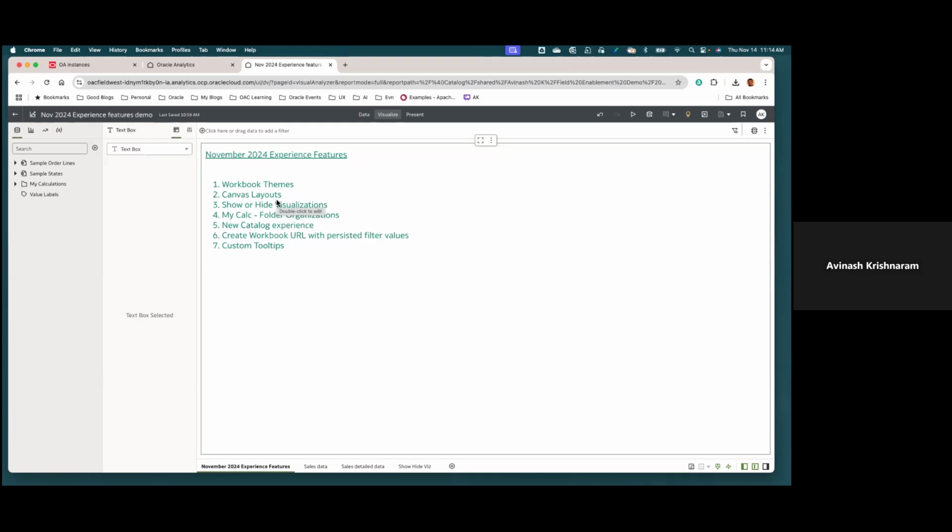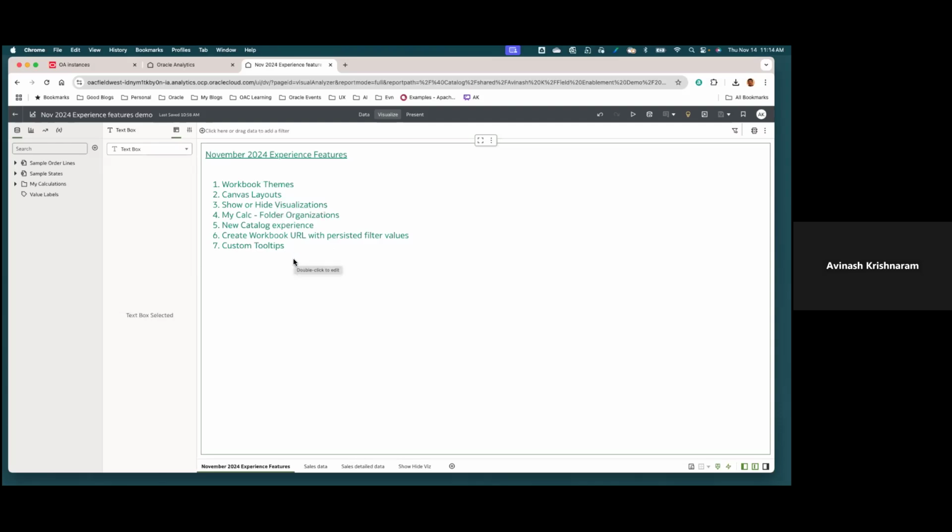Along with layouts, we also have added workbook themes, which is one of the highly asked Idea Lab requests as well. Themes allow the author to define instance-wide styling and visualization properties that you can pick and choose from the workbook properties and easily apply to your Canvas and the entire workbook.